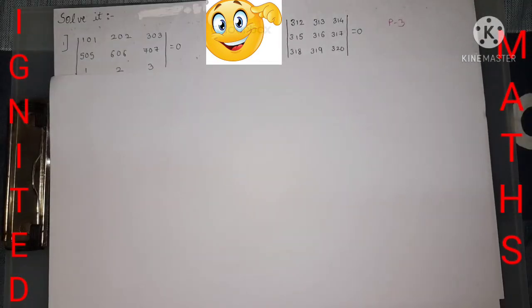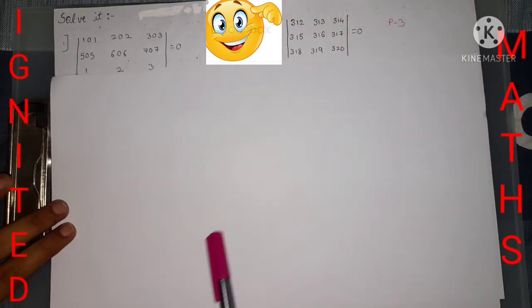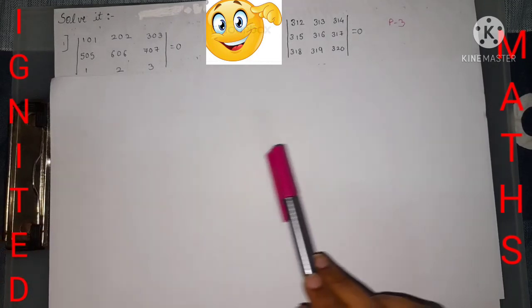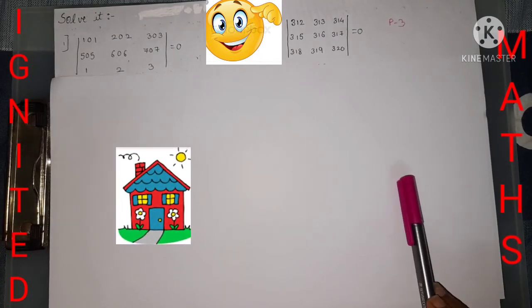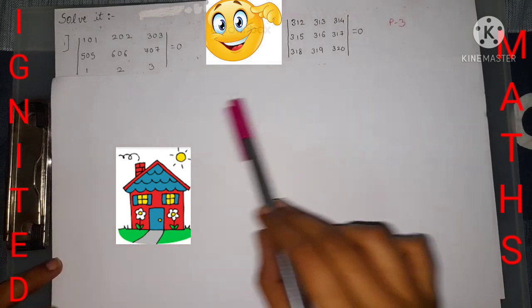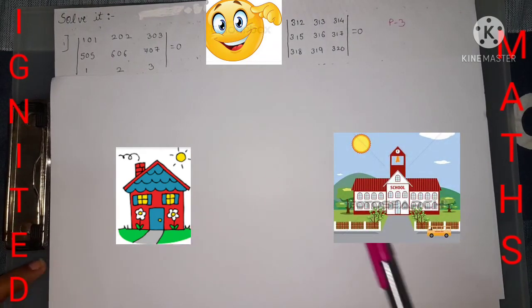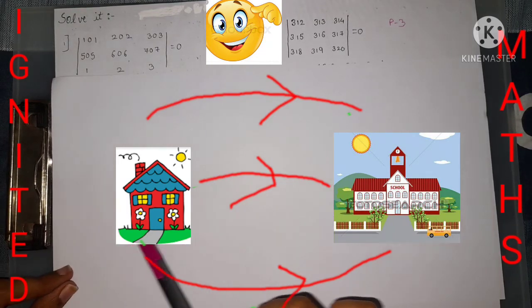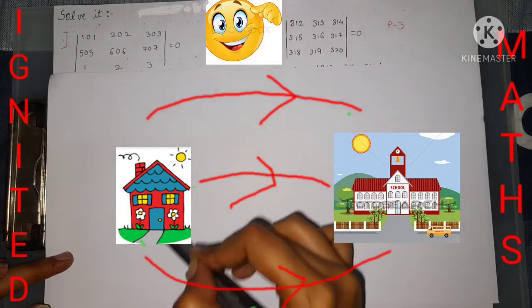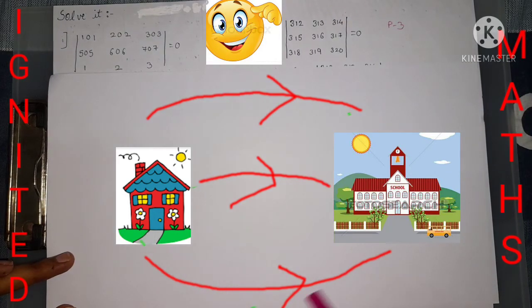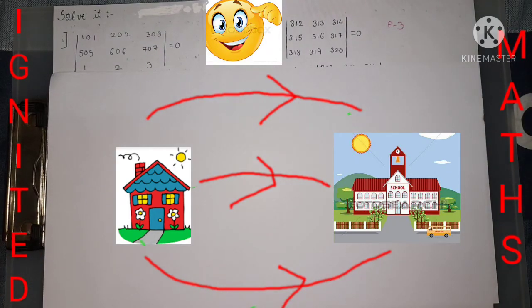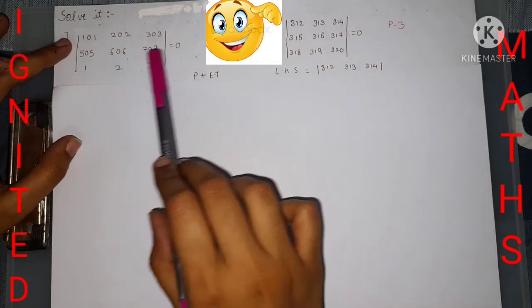I'm giving a small tip that you can utilize while solving other sums too. Here your home is there, and you need to go to the school, right? You have an infinite number of ways to go to the school. The school doesn't announce that you need to go by only this method. No, you can go by an infinite number of ways, right? The same procedure applies over here, that you need to solve the sum.